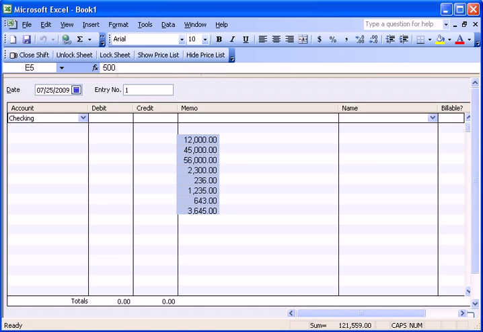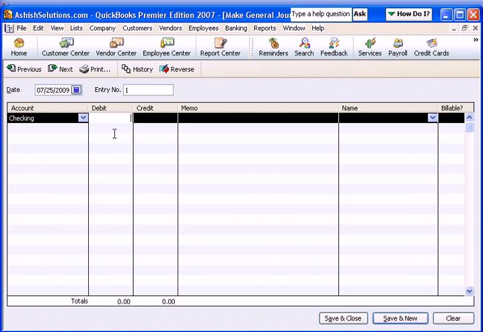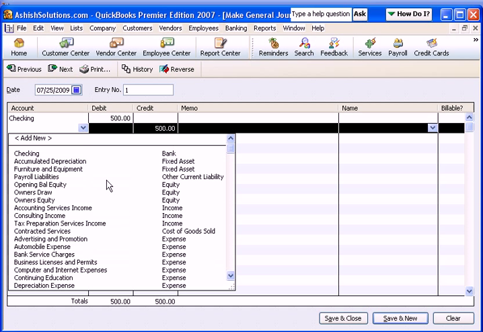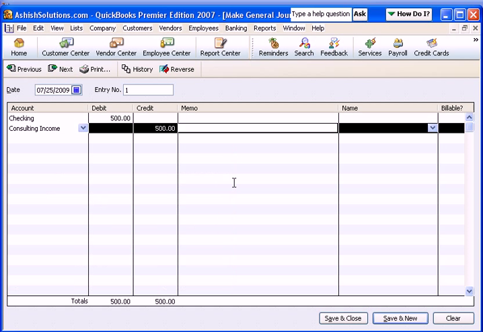and let's see, the first amount is for $500. Let's say this $500 is for patient services that you might have provided, and you want to credit an income account to increase your income. So let's just use a predetermined consulting income account, and we're gonna save that for now. We're actually not. The easiest way to do this